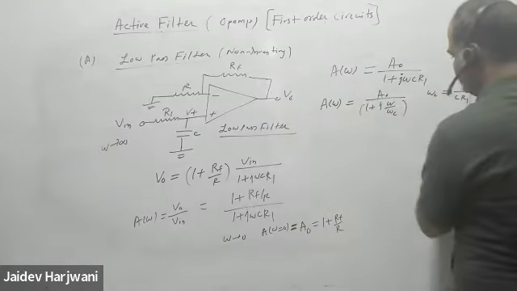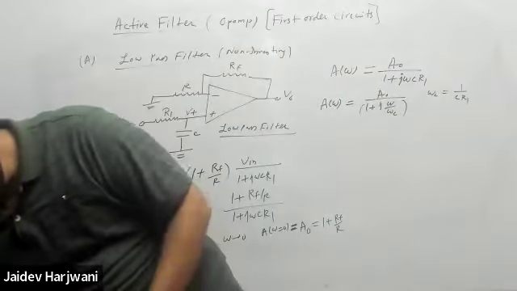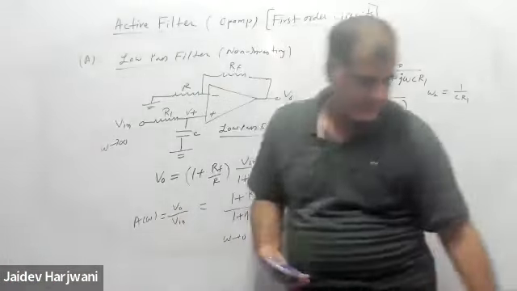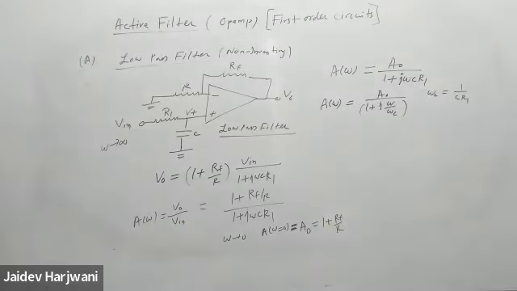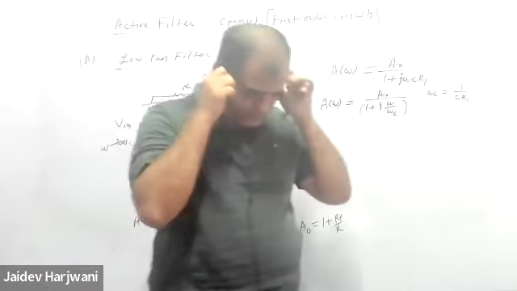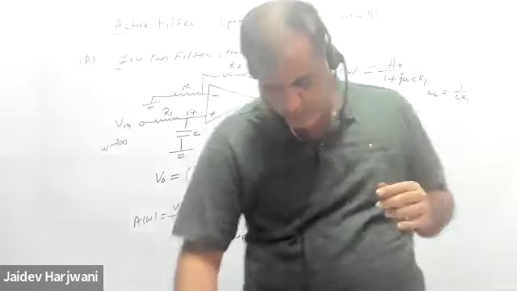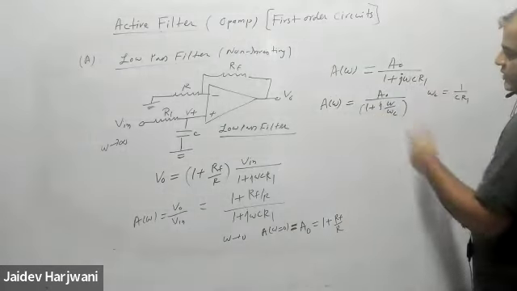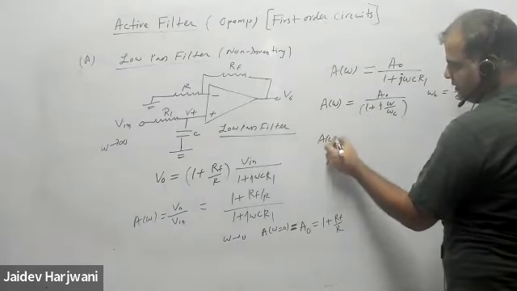So this is the expression for gain, and we already know this is a low pass filter, because if I write this one, A naught